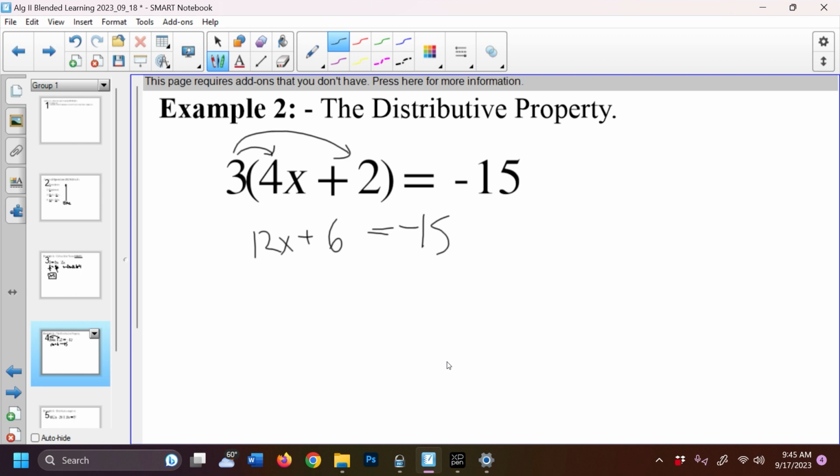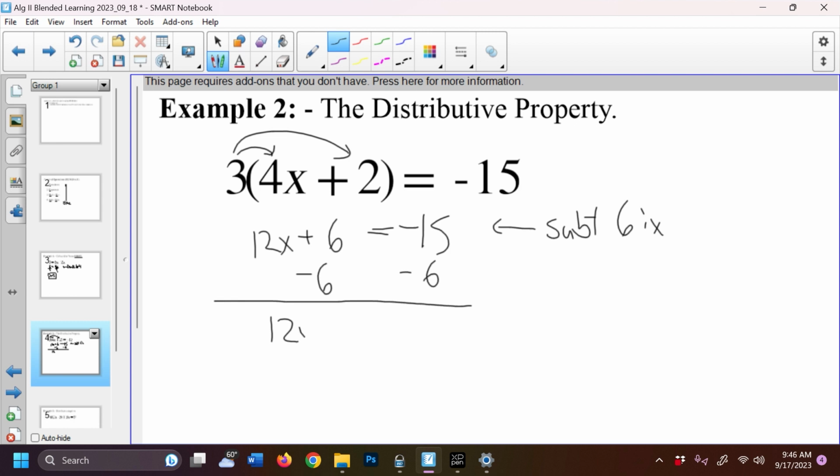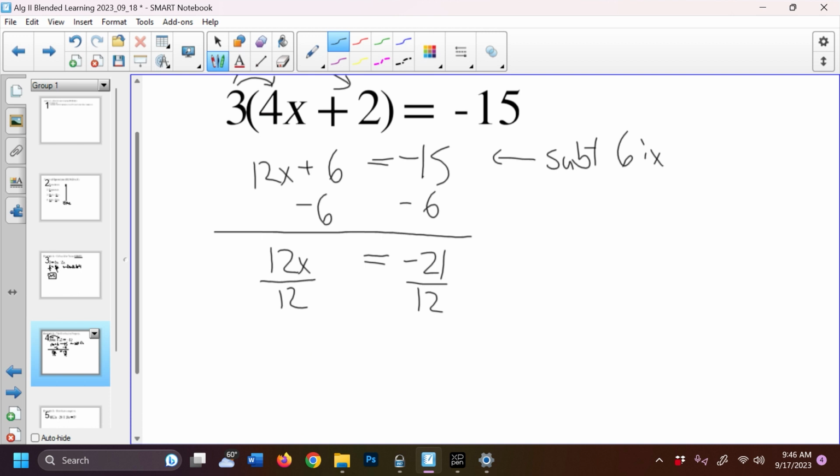So what I'm going to do next is subtract 6 from both sides. And that will give me 12x is equal to negative 21. And then when I divide by 12 and I divide by 12, I will get x is equal to negative